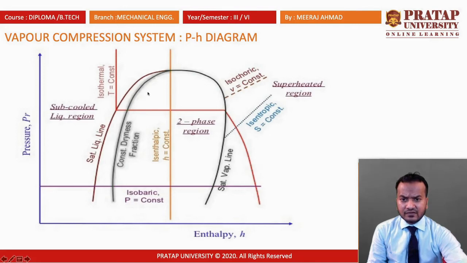This is a dryness section. The dryness section should be here like that, and this should be the critical point. This line is isobaric, where the constant volume is there, and this is isentropic compression. This is the superheated region, this is a wet two-phase region, and this is a subcooled liquid region. This is the saturated liquid line, and this is the saturated vapor line, and this is known as the isothermal process line.